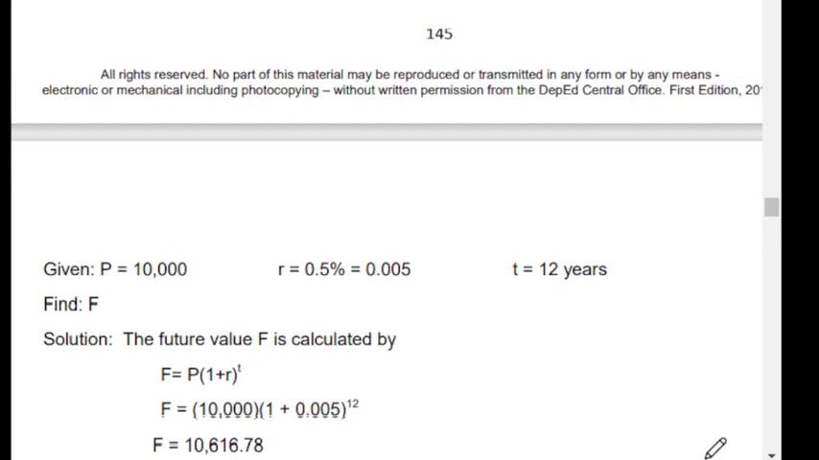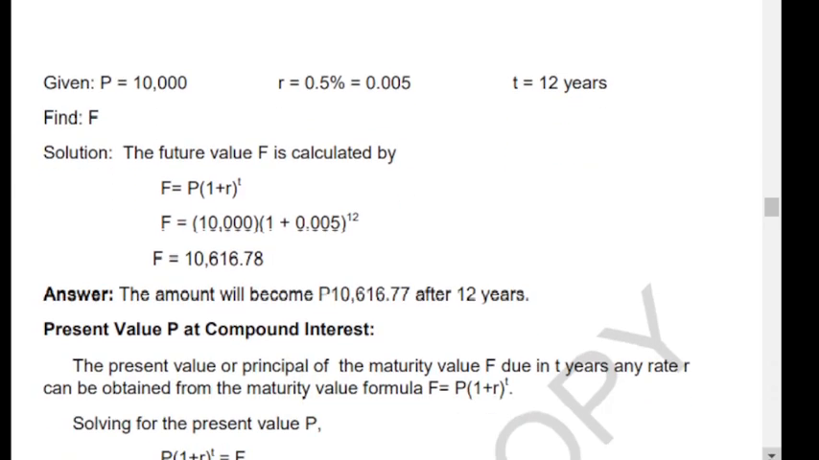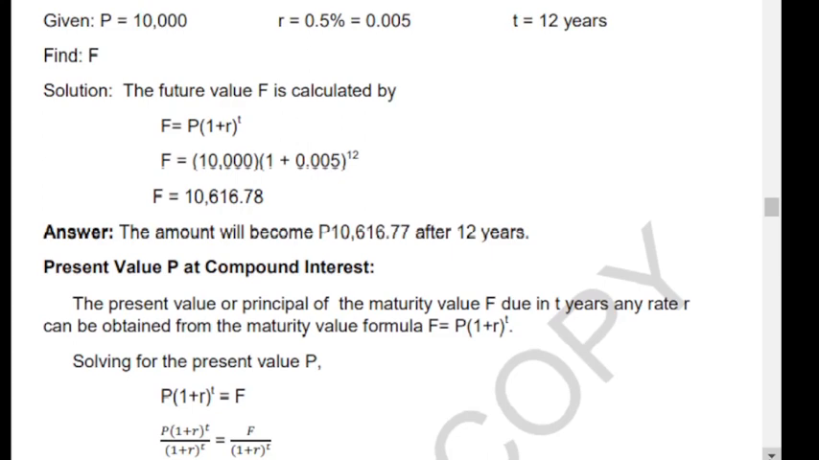So we have 10,000 as your principal, then 0.5 is your rate. Changed to decimal, it becomes 0.005, and T is 12 years. To find the future value, because we are looking for the future value, F equals P times quantity 1 plus R to the power of T. So we have 10,000 pesos times 1 plus 0.005 exponent 12. So our answer is